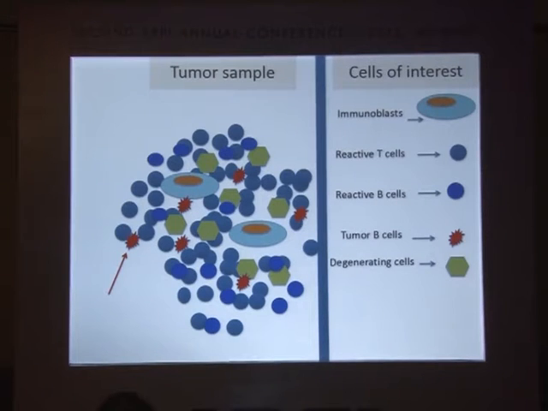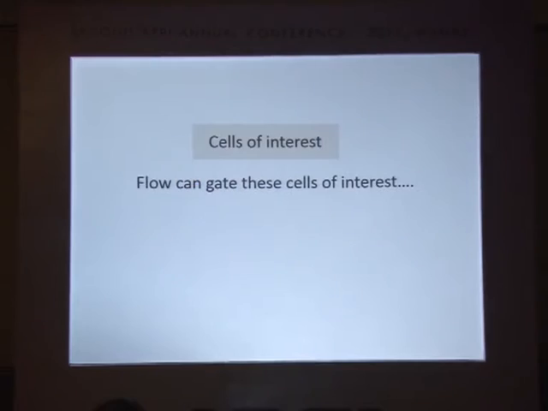Now you have to pick up these cells of interest. Even IHC gives you an advantage that you have morphology. You know the RS cells are there, so I will look at CD30 in the RS cells. You don't look at CD30 in the plasma cells. That is a control you want in RS cells. Similarly, in flow, you can pick up these cells of interest. If we pick up CD30 in the other cells, we'll be getting wrong information. So you have to first select which are your cells of interest and then study the antigen antibody reaction.